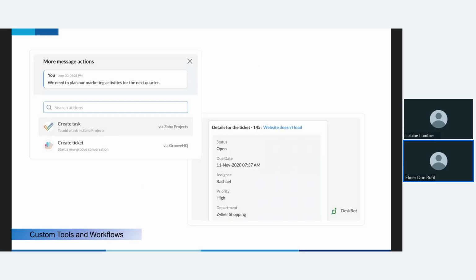Finally, let's talk about custom tools and workflows in Zoho Cliq. Every business has its own unique way of working, right? And Cliq is built to adapt to that. With its developer platform and integrations, you can actually customize Cliq to fit your workflows instead of forcing your team to adjust to the tool. So for example,